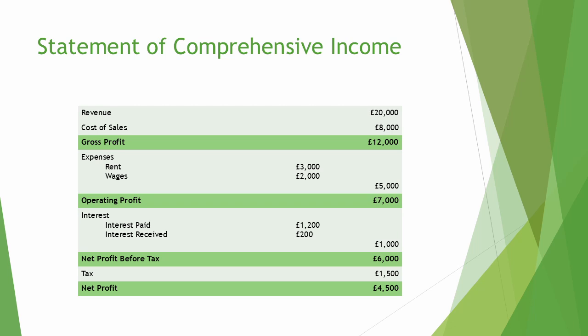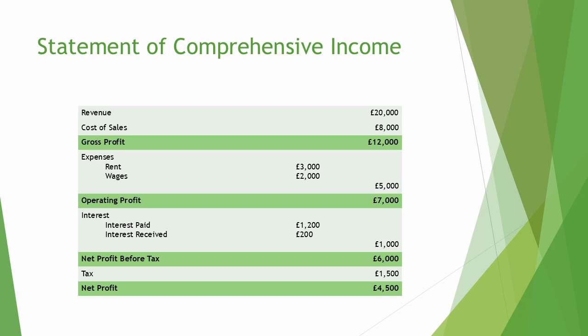It starts with revenue and subtracts the cost of goods sold to show the gross profit. Next, it subtracts the expenses from gross profit to calculate the operating profit. Interest income or expenses are then factored in to calculate the net profit before tax. The tax expenses are then subtracted, calculating the net profit. This comprehensive statement helps businesses evaluate their overall profitability, monitor their performance, make informed financial decisions, and communicate financial health